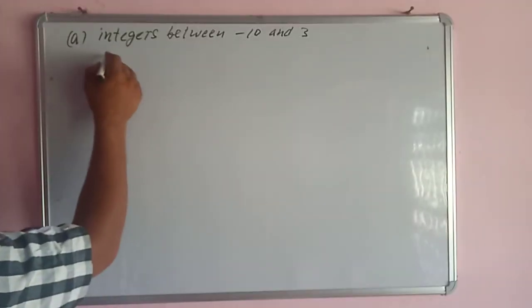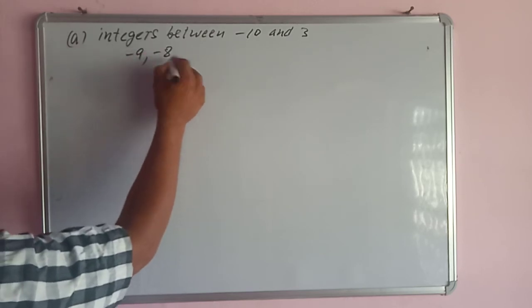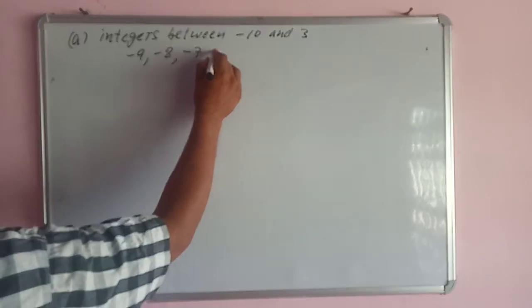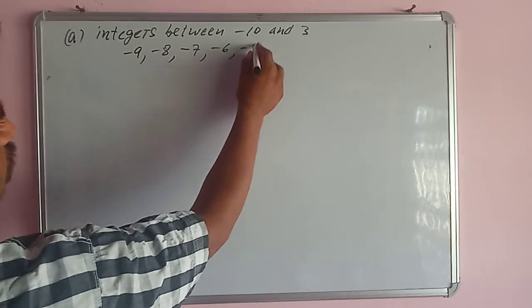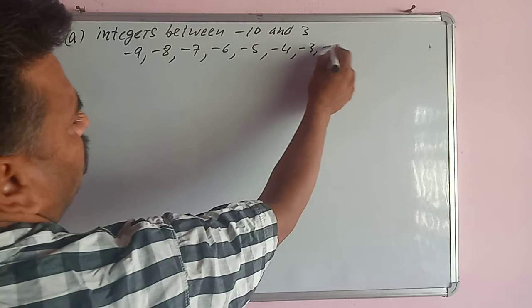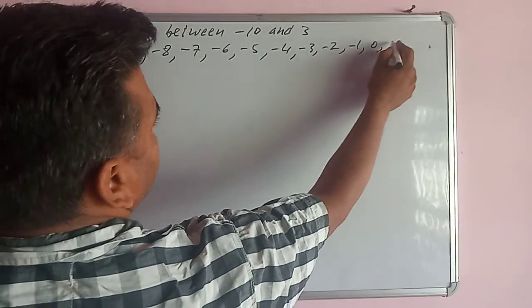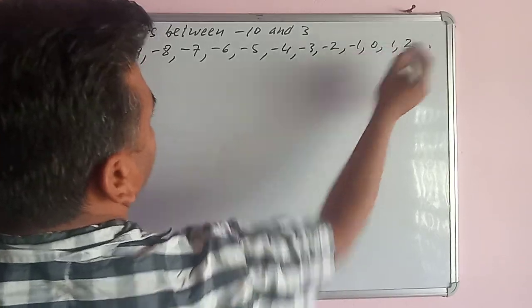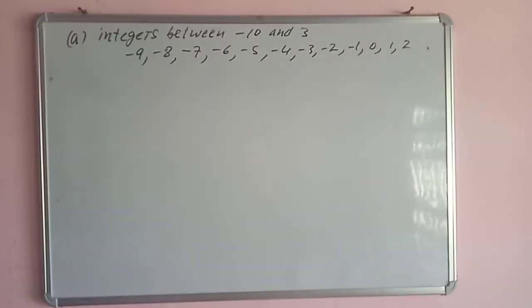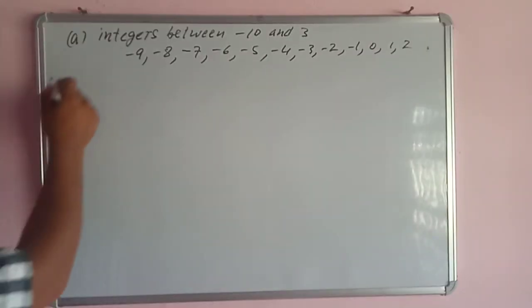So what are the integers between these? That is -9, -8, -7, -6, -5, -4, -3, -2, -1, 0, 1 and 2. So these are the integers which lie between -10 and 3. And next, in the B part,